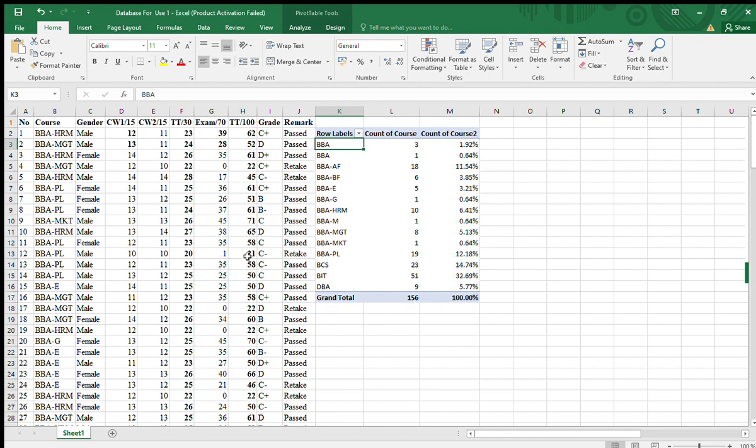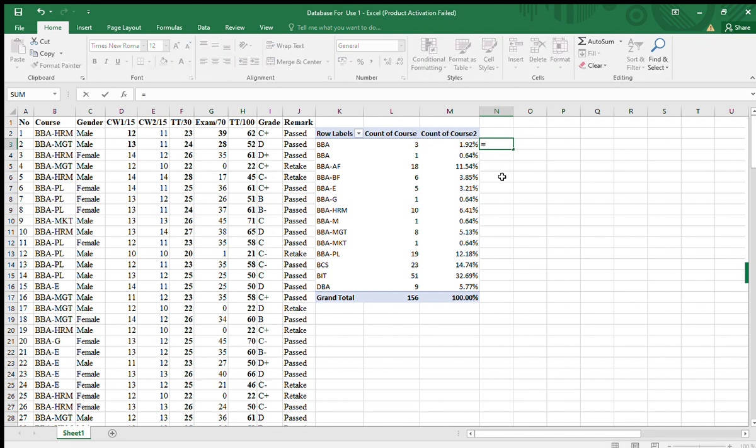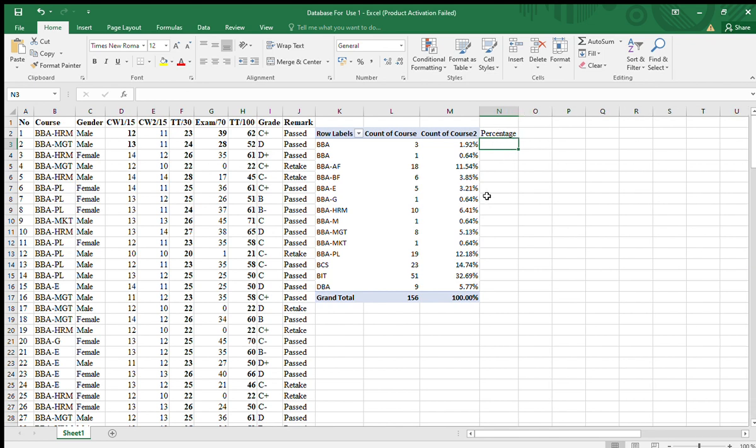So when you consider that, you can now see it is making it for us in percentage. It is doing it automatically for all at once without necessarily using a formula. But if you want to do it manually, you say equals this. Let me just say this is the percentage I want to do manually. Percentage. Then you press equals,